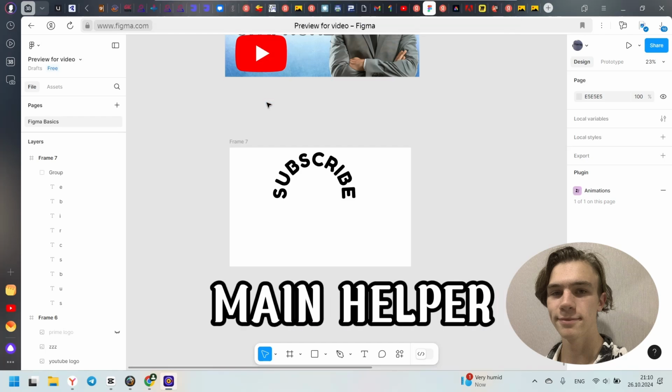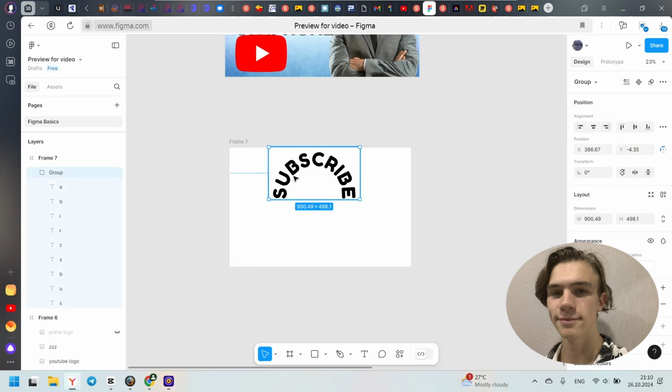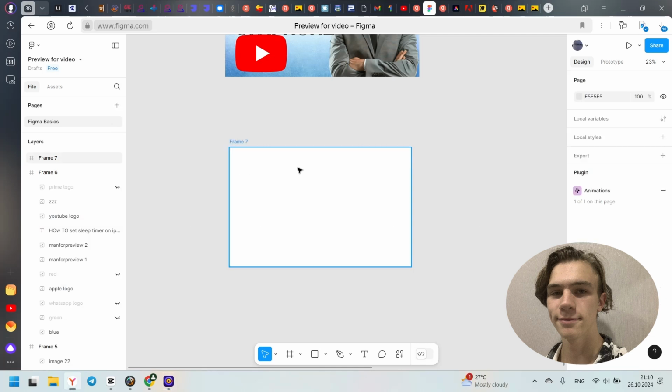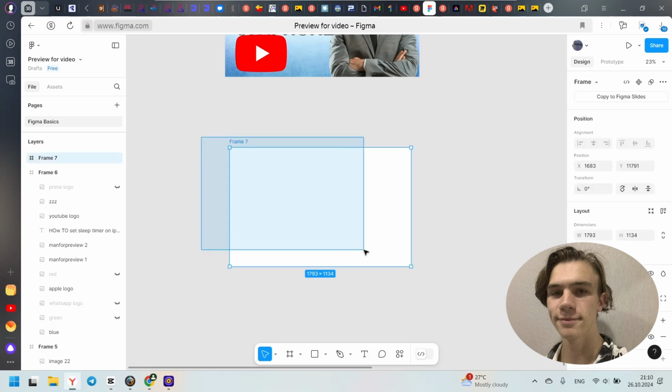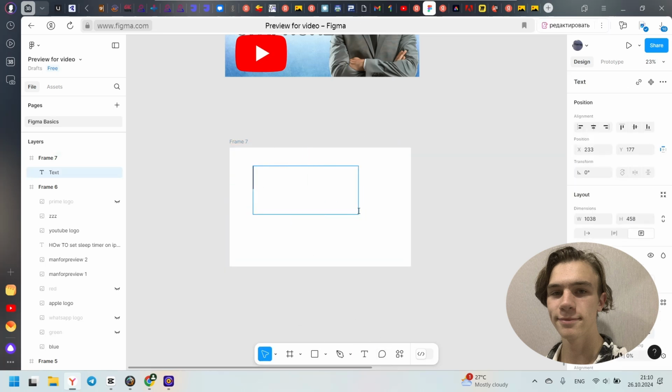Today I'm gonna show you how to create round text in Figma like this. Okay, how to create this? Step by step. First of all, create frame. Next, click on text and add text and write like